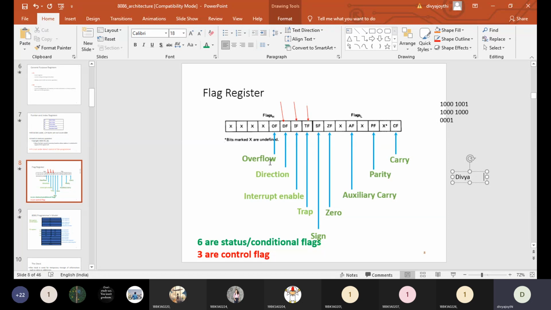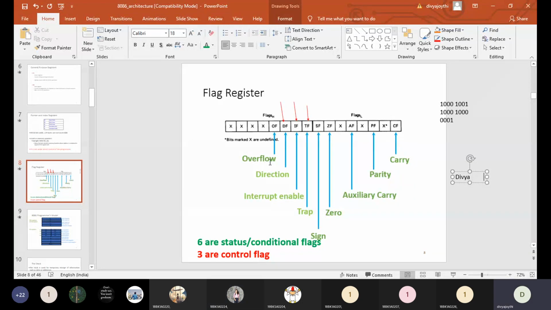If you are giving a value which is not between minus 128 and plus 127, say for example you have given minus 150, does it fall between minus 128 and plus 127? No, ma'am.